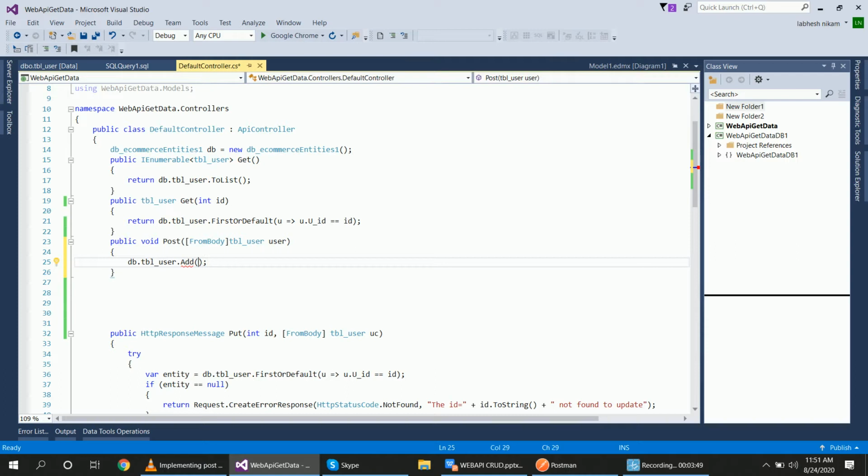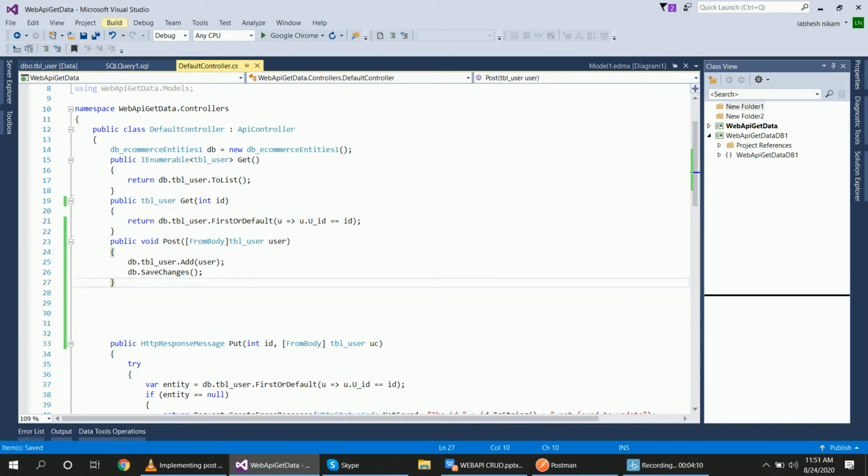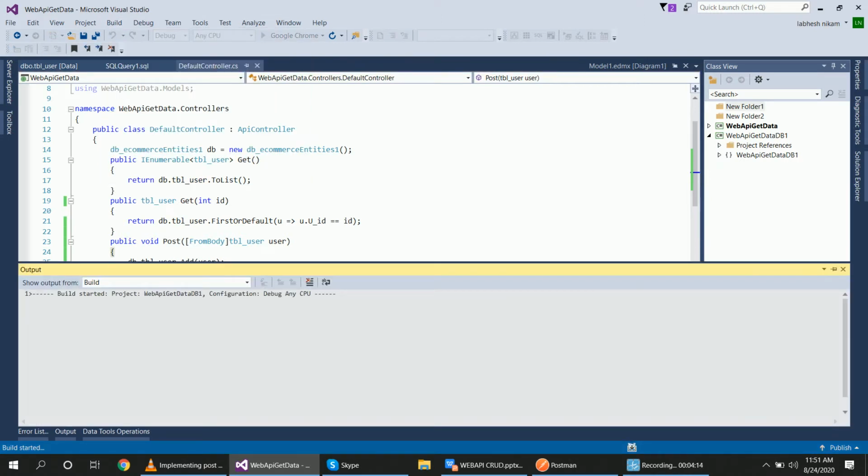You will use the table data, so the object name is user, this one, and db dot save changes. Right? My post method is now created, and I will save it and build the project using build solution.